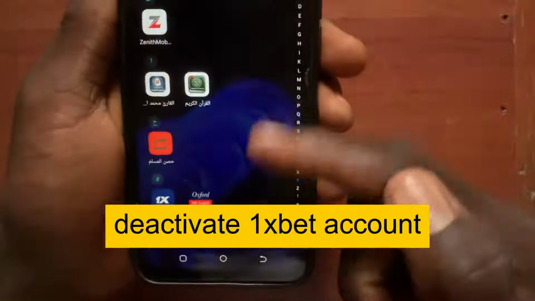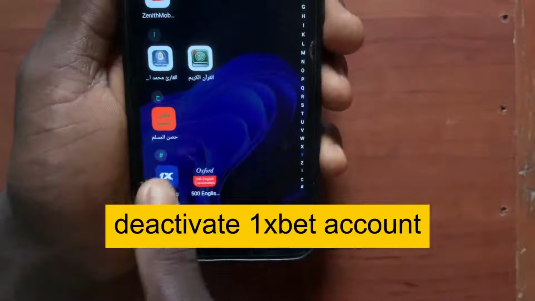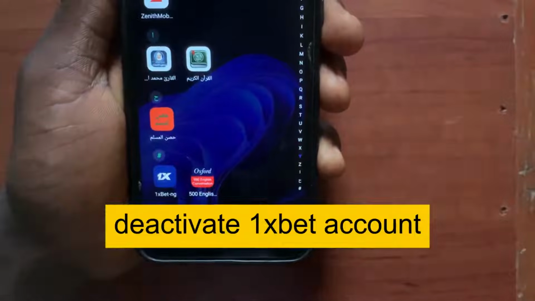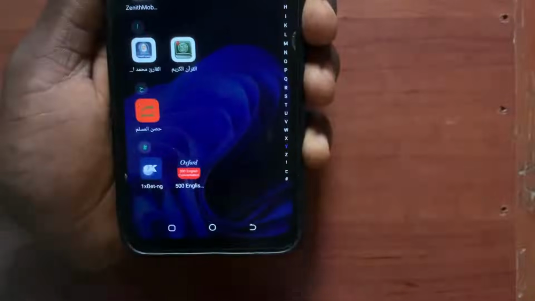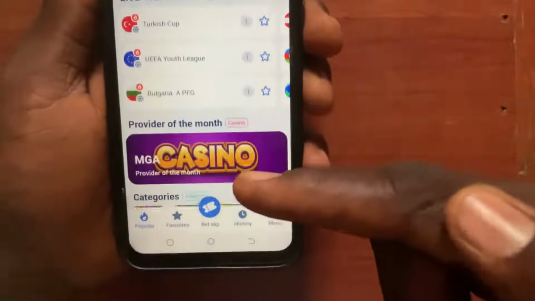So in this video guys, I'll show you step by step how to deactivate a 1Xbet account. If you want to deactivate your 1Xbet account, the steps are possible to follow. Just make sure to watch the video to the end. Now open the 1Xbet account like this. After I open the application, I'll show you step by step how to get the deactivating